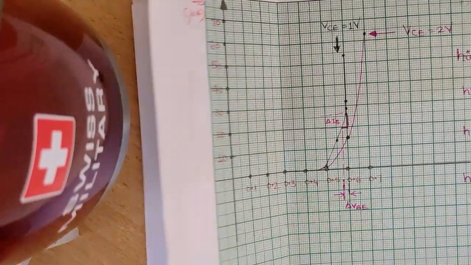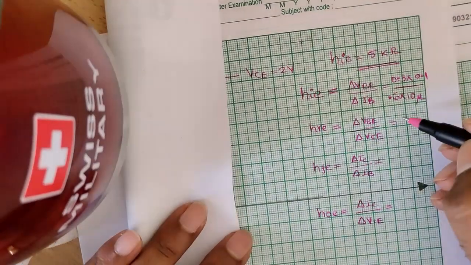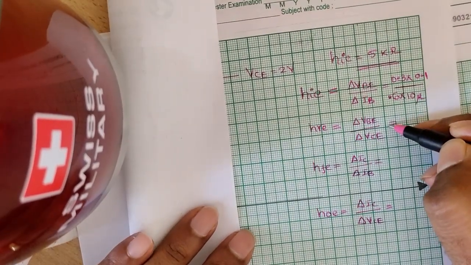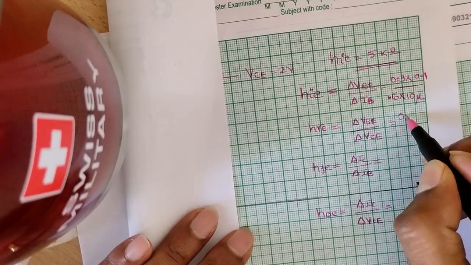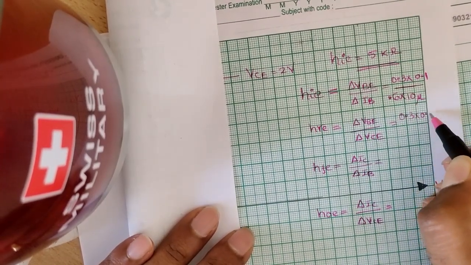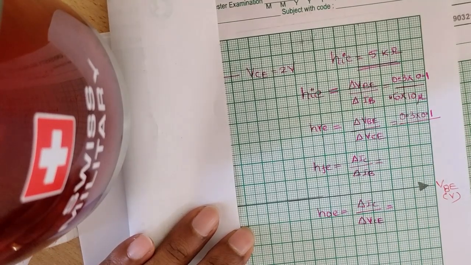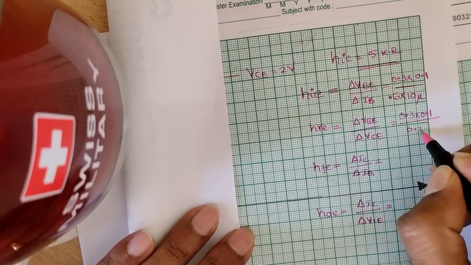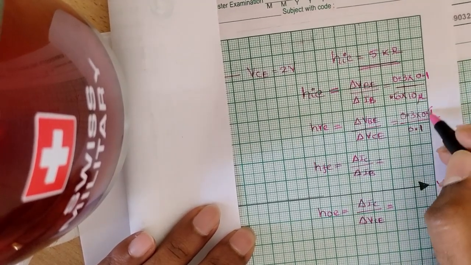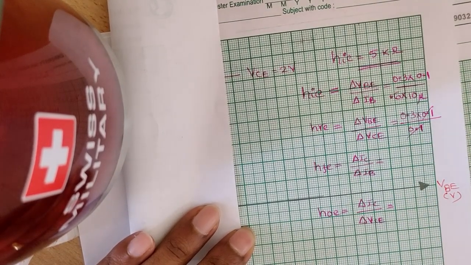All right, so let me fold this graph. Okay, so let's calculate HRE. HRE is delta VBE. So delta VBE, we already have the value. So it is 0.3 into 0.1, divided by delta VCE. Delta VCE is again 0.1, so 0.1 gets cancelled. So you will get,